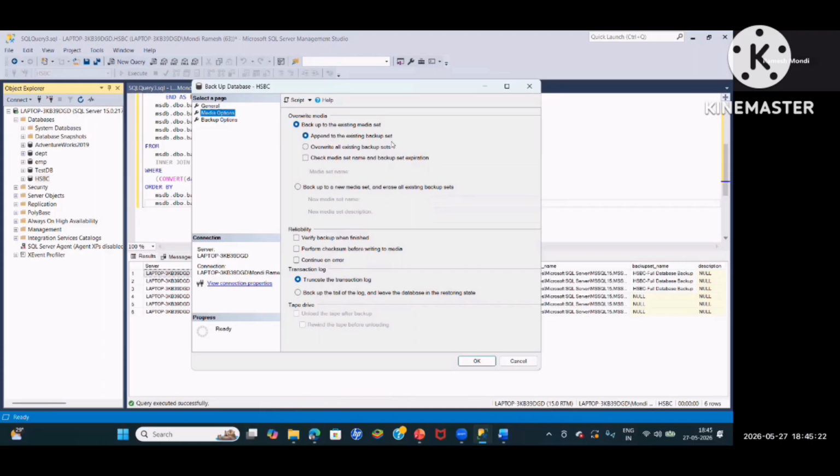What is media storage? Either you are storing on the disk, or on SAN, or on Azure, or somewhere else. And what it is making, it will make the media. That media, whether I need to append to the existing backup set, or every day I need to create a new media, mostly we will go for append,